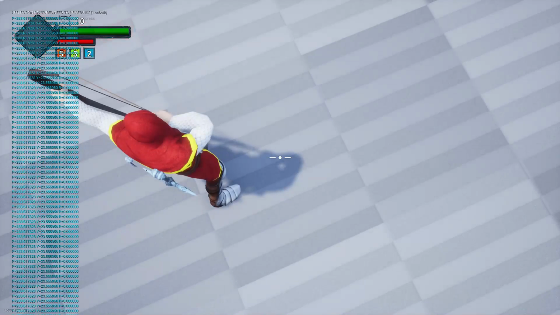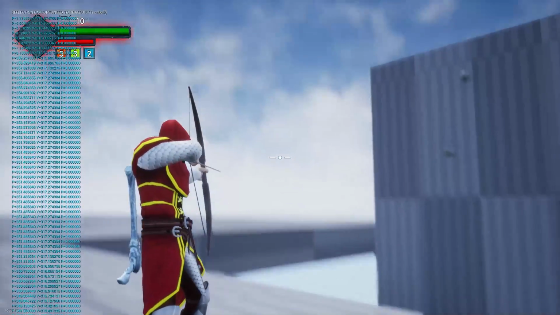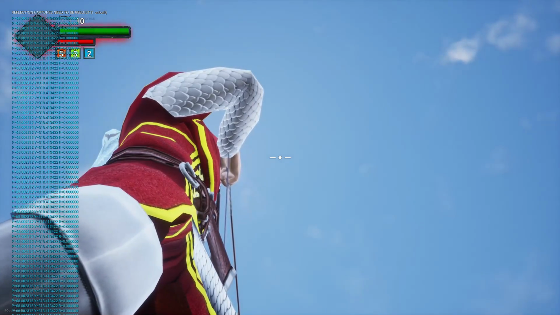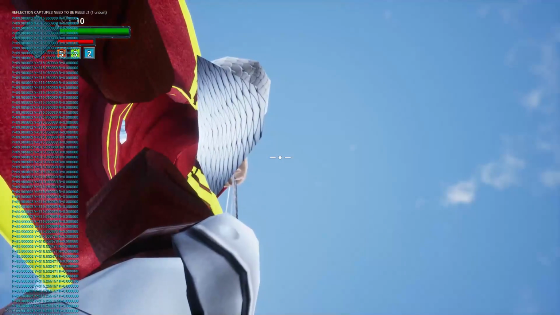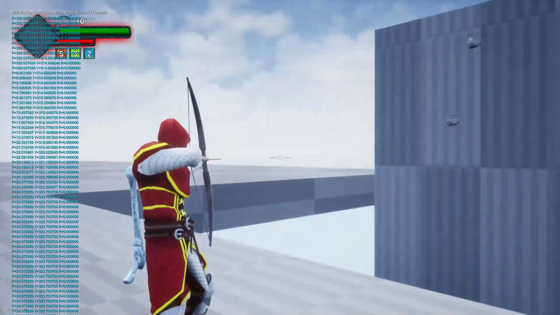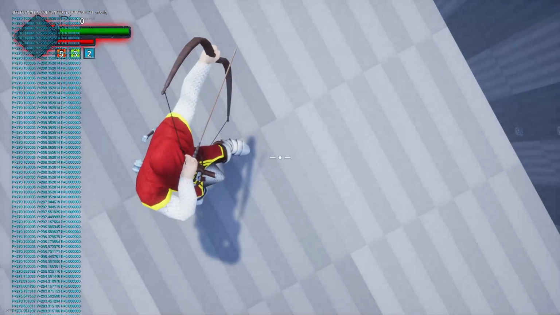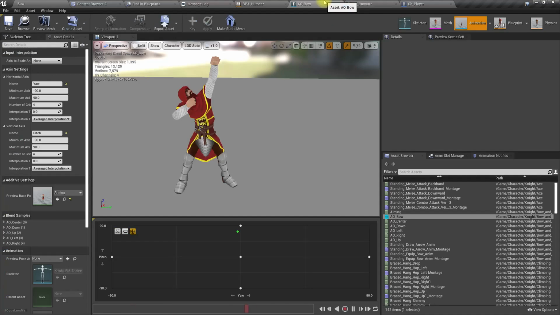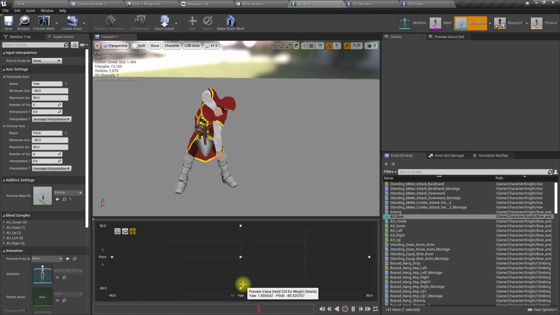So let's resolve the pitch value first. It seems easier. So 90 to 0 is solved, right? And 360 to 270 should be converted to the range 0 to minus 90.